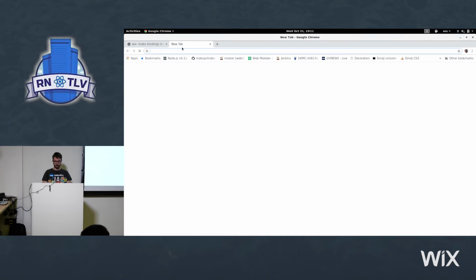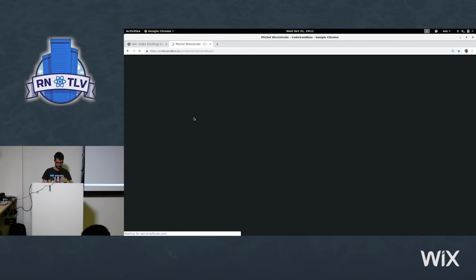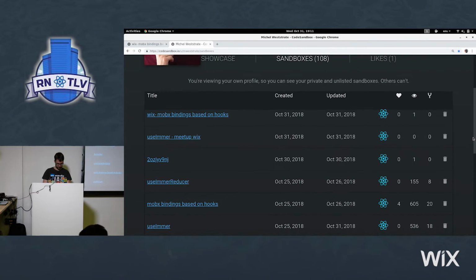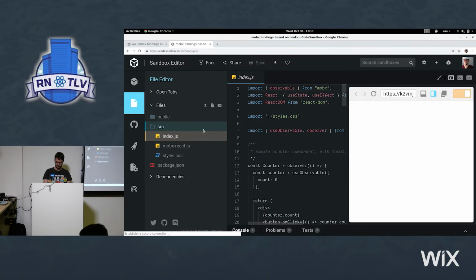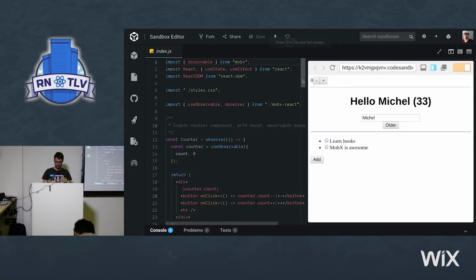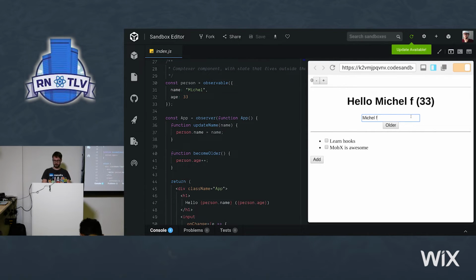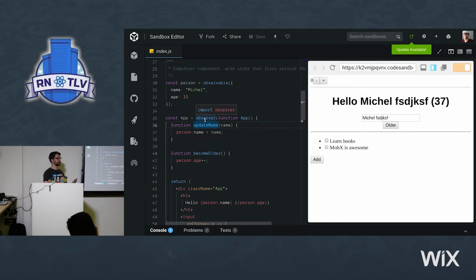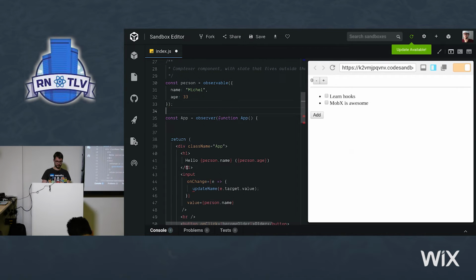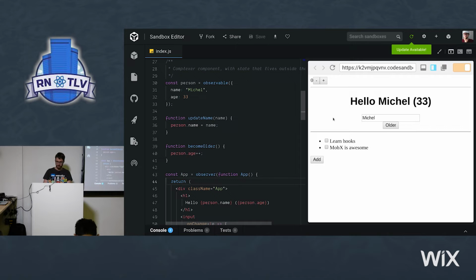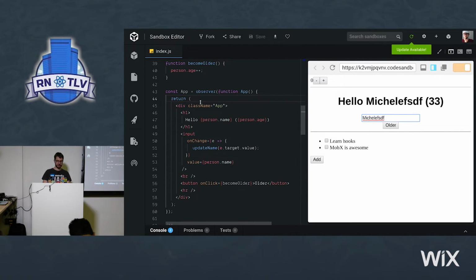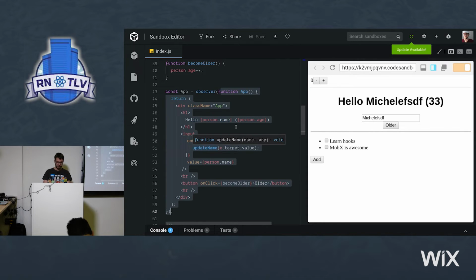Maybe it's nice to first show that it's actually working. If I change the name or the age, then that component will automatically update, even though that component doesn't have this person in its state. I mean, this person is not part of the state of the component. It's just living outside here. This is basically just a presentational component; it really doesn't have any state of its own. But because it's an observer,